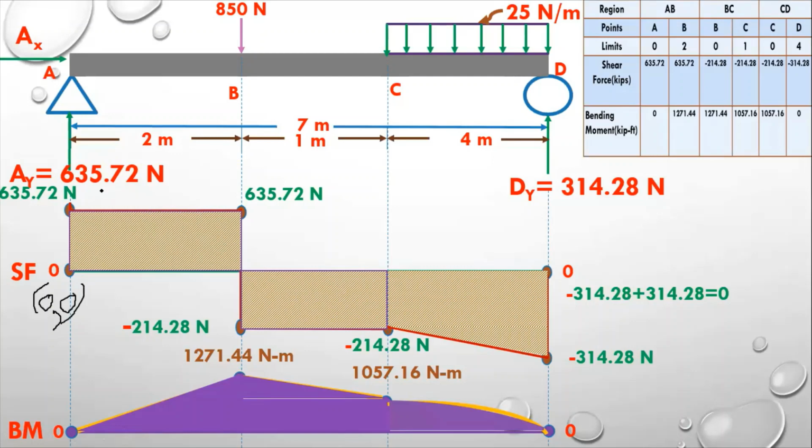The next point: the x value is the beam length start, so it will be 0, and the y value should be 635.72, that is the shear force value.